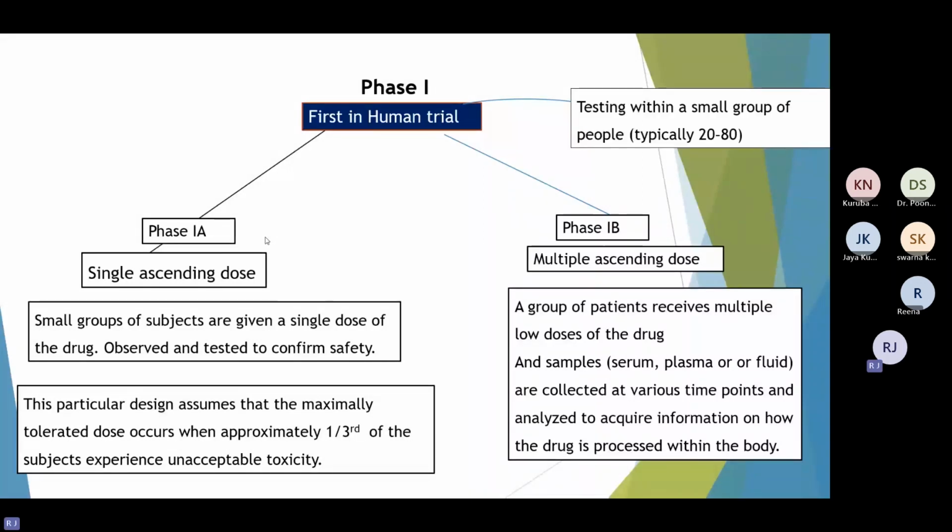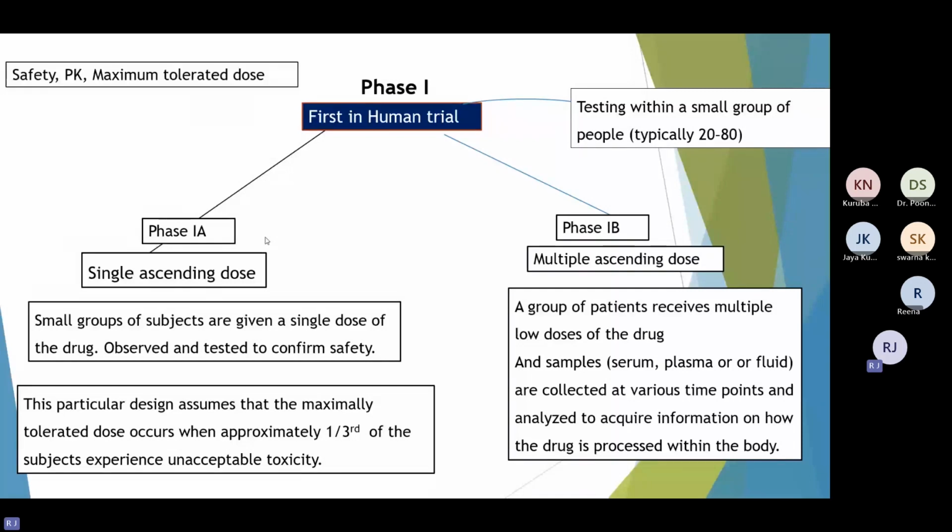In how many people do we test the drug? Generally, it is tested in 20 to 80 people. Okay, this number may vary. Some books may suggest like 30 to 70 or something like that, but generally it is less than 100. Okay,